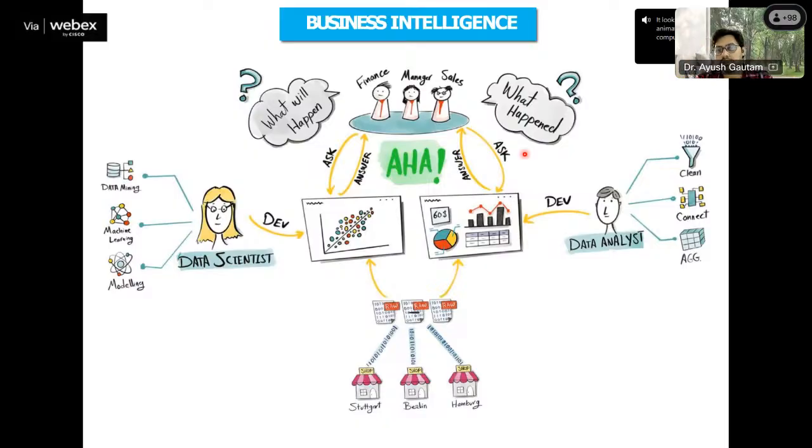Then comes the diagnostic. In the diagnostic you will find out why the sale increased, and you eventually find out because of the rain. Okay, so because there is a sudden rain which is not expected in this month, suddenly because of the heavy rain the sale of the umbrella increases. Okay, then comes the predictive analytics. Okay, if the sale of the umbrella increases, is the sale going to increase in the future again? So what you will see, is there any forecast of the future rain also? If yes, then you will prescribe accordingly, otherwise you will prescribe accordingly.